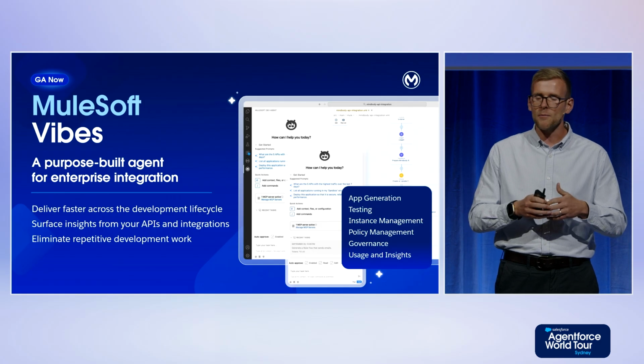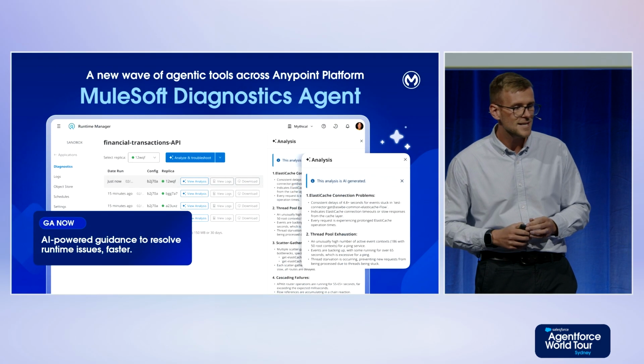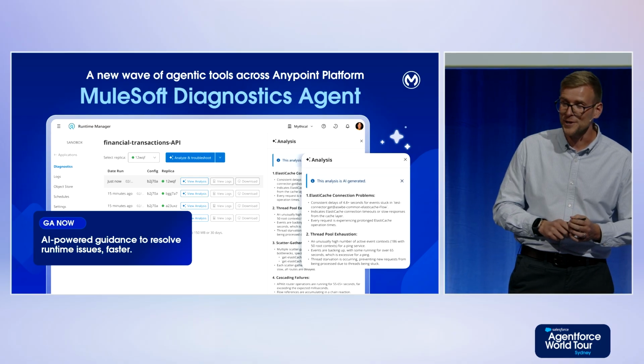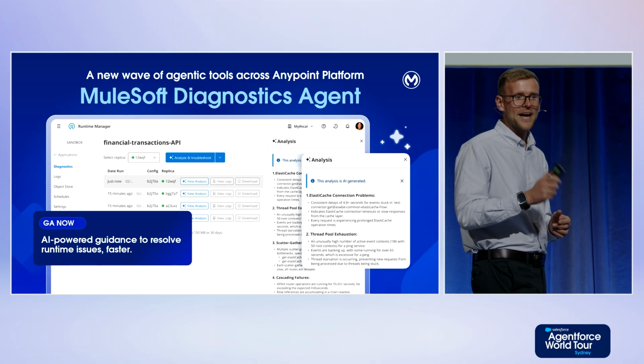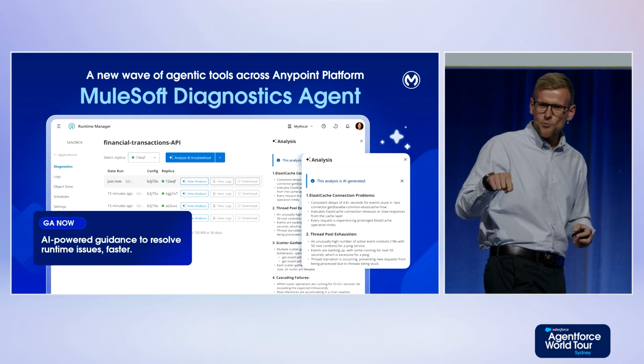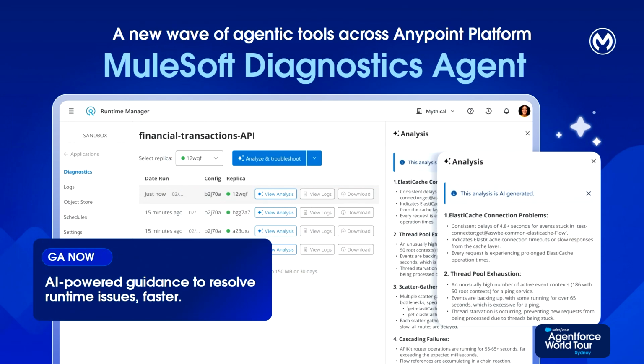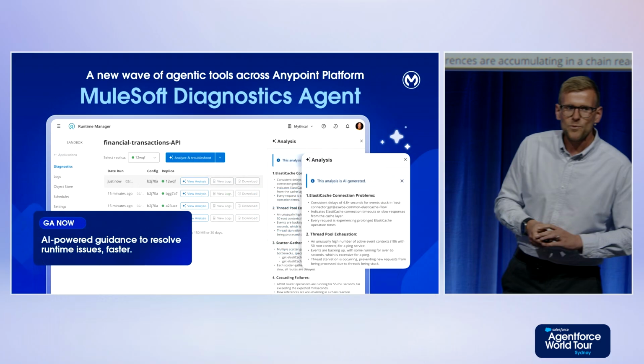And it's not just about building and deploying and testing your integrations, it's also about troubleshooting them. This is one of the number one pains for anyone who works in integration. It's figuring out, why did that go wrong? And so with Diagnostics Agent, you now have an AI generative summary trying to help you troubleshoot and then recommending solutions to that problem. And again, this is all GA on the platform today. We've got even more though.